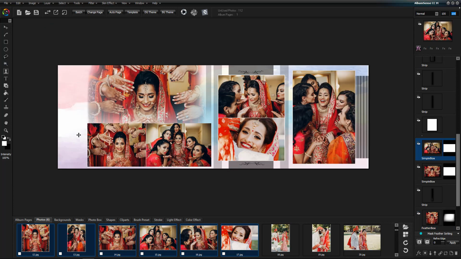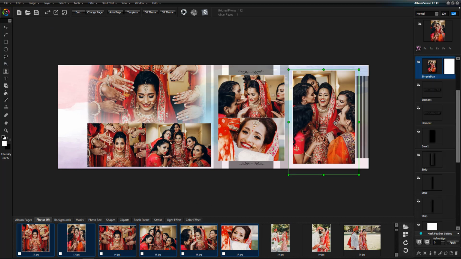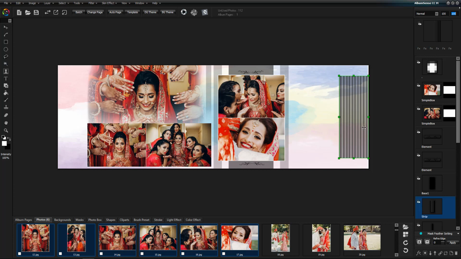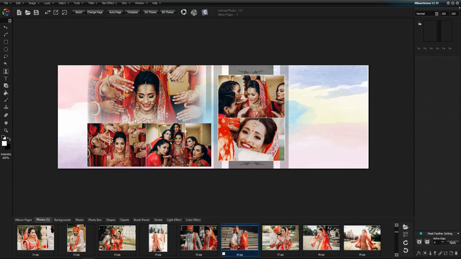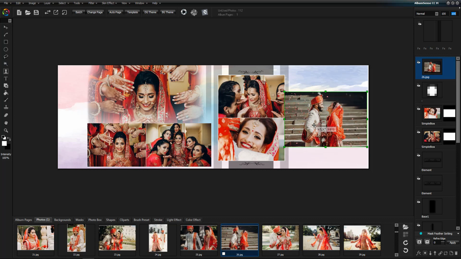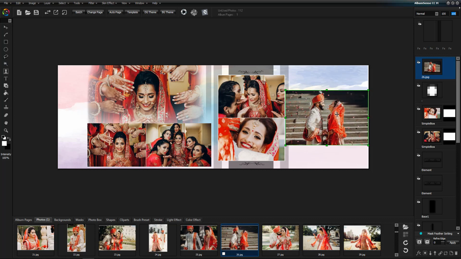If we want to put a cutout here or here, we are just deleting these photographs and go to the cut cells.